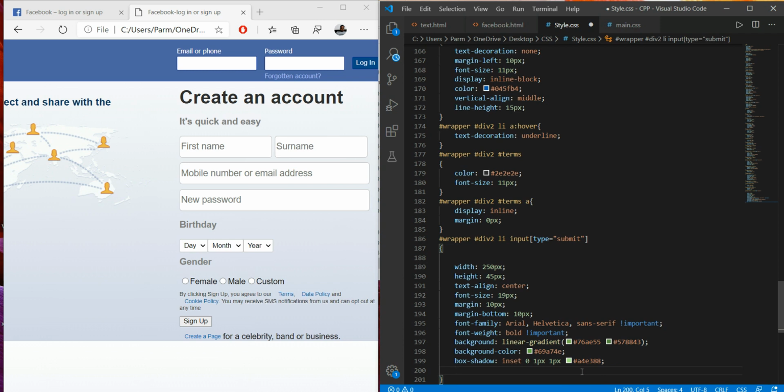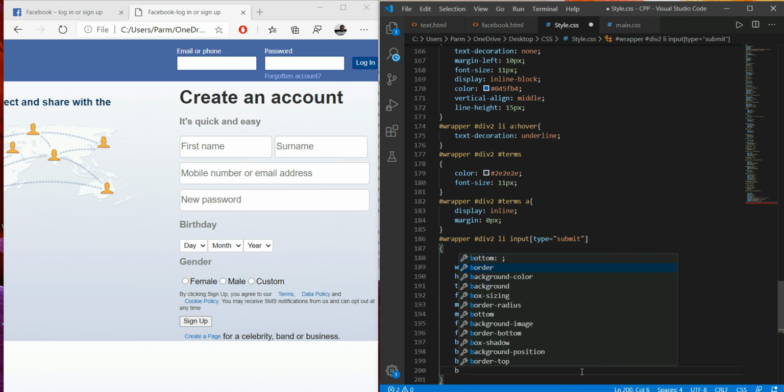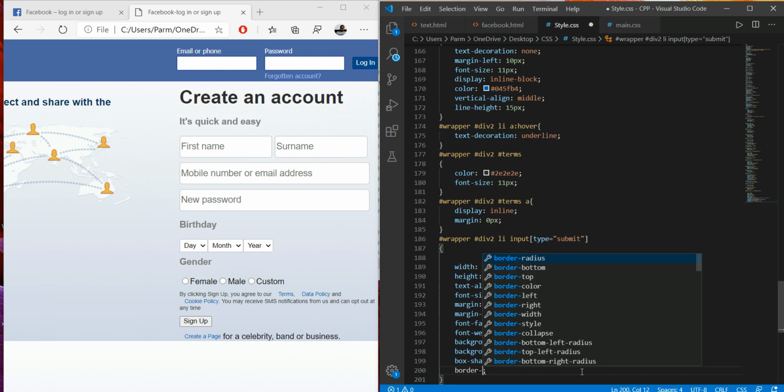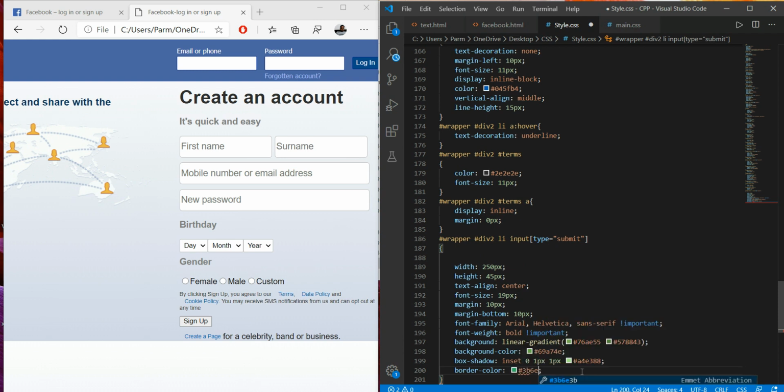Then we have to set the border, border color, and here I have to set the value for the border color as hash 3B6E.